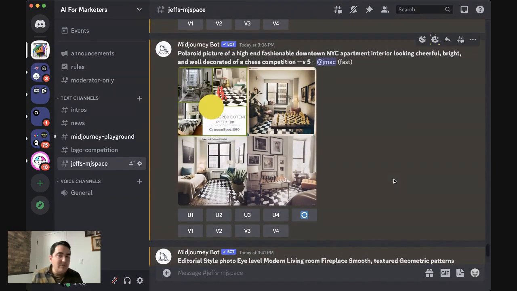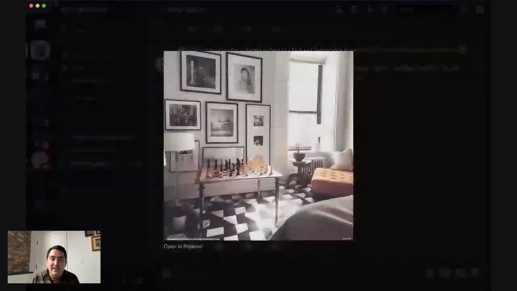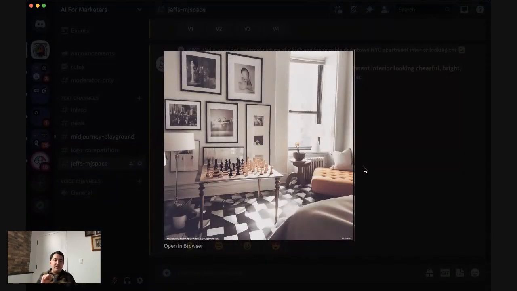Going back to teaching you a little bit about the new version of Midjourney, version 5, the upscaling is not an official upscale. So when I click upscale, I think we are really liking this bottom right, so upscale image 4. When you do upscaling now, it literally is just taking that one image and giving you a larger version. It's not like the previous V4 or earlier versions of Midjourney, where it then is re-rendering the image, giving you a chance to maybe change those parameters if you're using the remix function. It's just giving you that one image at a larger scale.